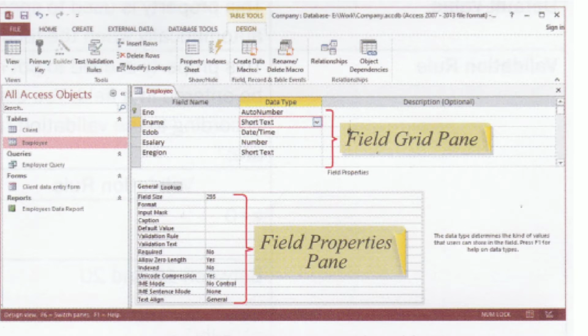The data type column is used to set the type of data that will be entered in the field after creating a table.